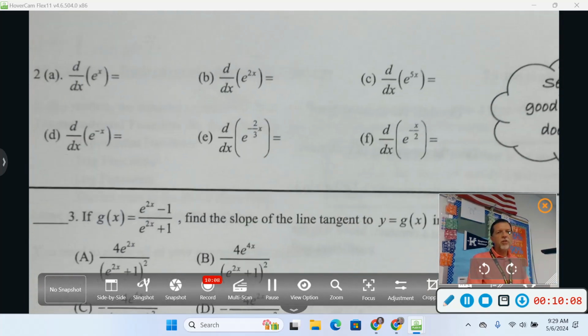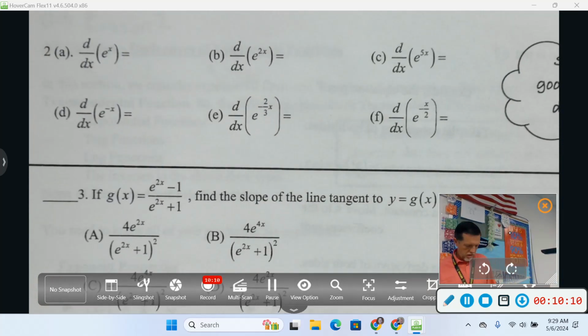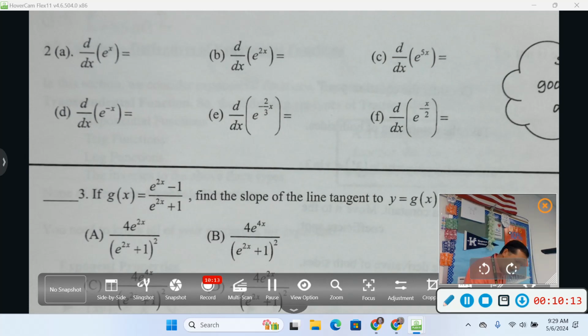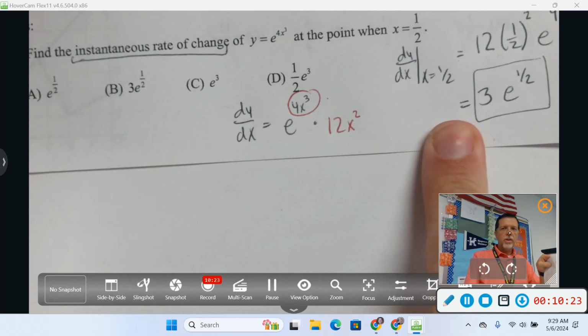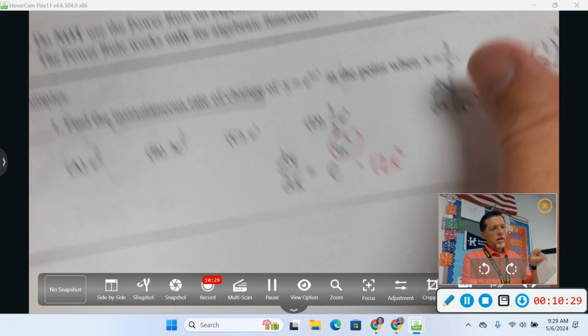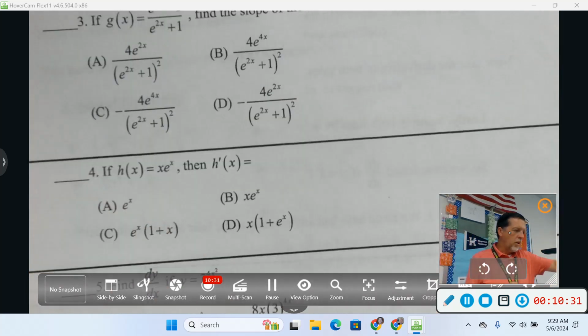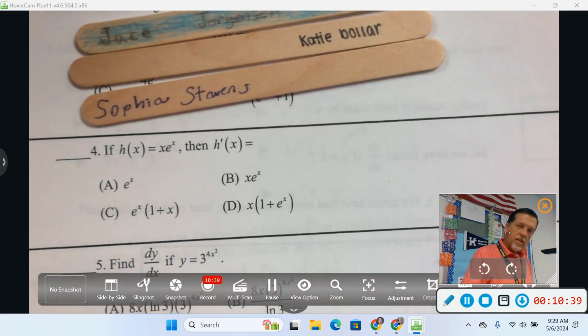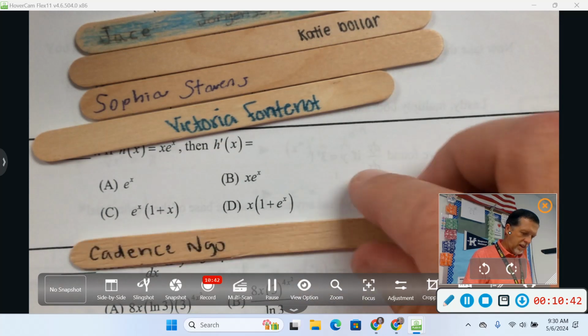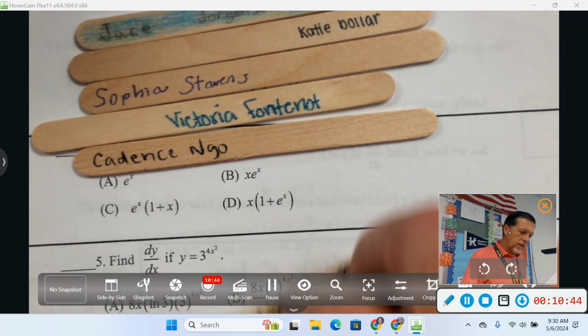Here's some ones that should be quick and easy. I wonder if they're quick and easy enough to warrant popsicle sticks. Yeah. 3e to the 1/2. Final answer. Okay, popsicle sticks. Let's see. I think I need 6 of them. So in order,